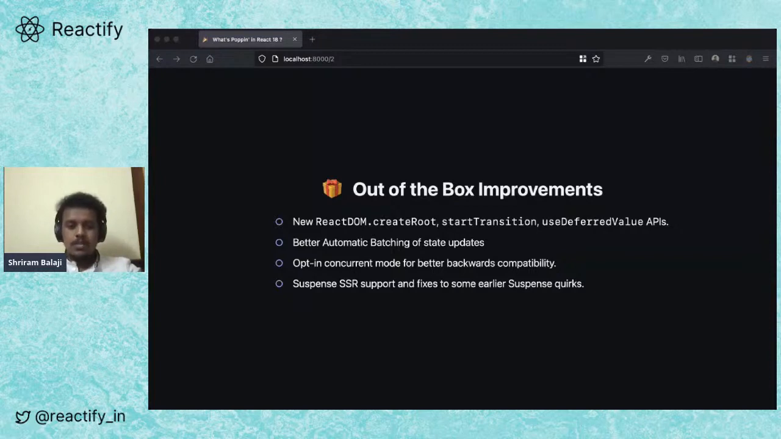And you have automatic batching of state updates. People might be aware of what happens when multiple state updates are batched together, and how that behavior is more consistent in React 18. I'll talk about that a little bit,